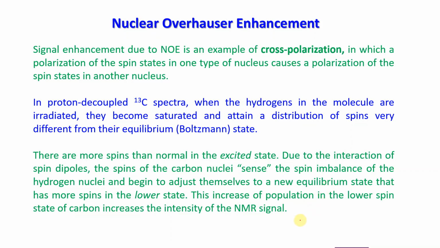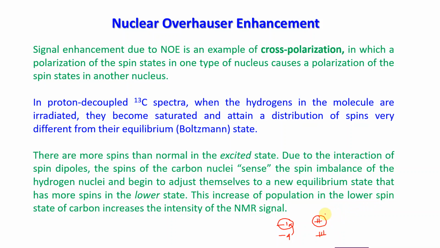So in the normal case, suppose you have these two states, here you have 4 nuclei, here you have 1 nucleus. This is, suppose, the Boltzmann distribution of a total of 5 nuclei at normal room temperature, okay. Now when you are irradiating, say suppose one nucleus went up there, so you have 2 and 3. So what is being told here is that in a normal situation, the population at the higher state is different from the population at the higher state after irradiation, okay.